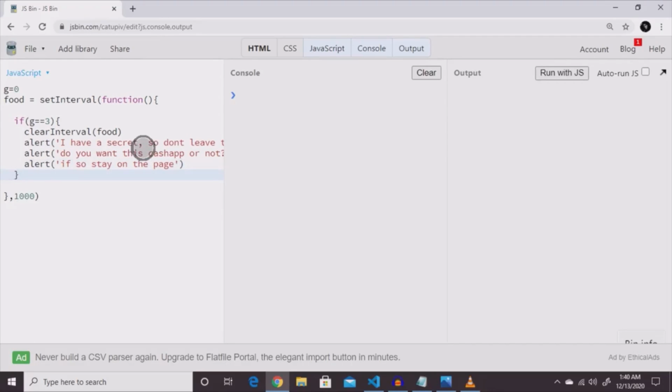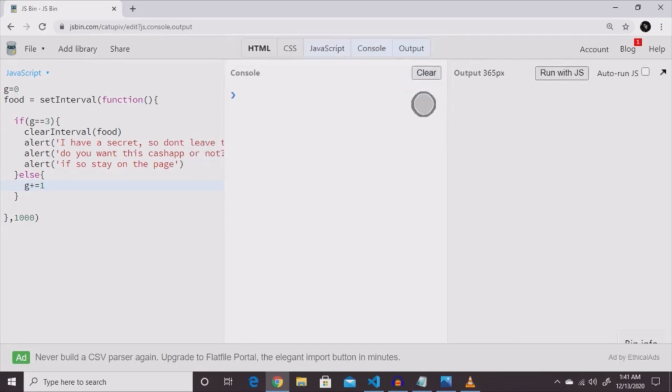Once it hits 3 seconds of them being on this page, it's going to try to convince them not to leave the page. Now let's do else. Else, every 1 second, let's increment g. So remember, g plus equals 1. With that, we're using addition, so plus 1 is what's going to be incremented. So if we use multiplication, we could have put times 1. So g times equals 1, but the issue with that would be